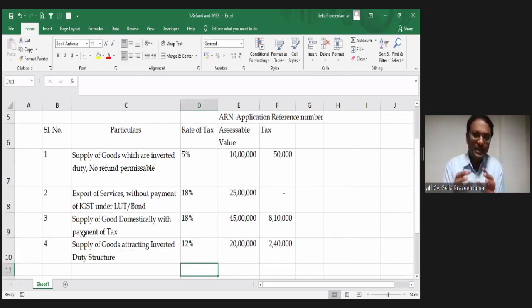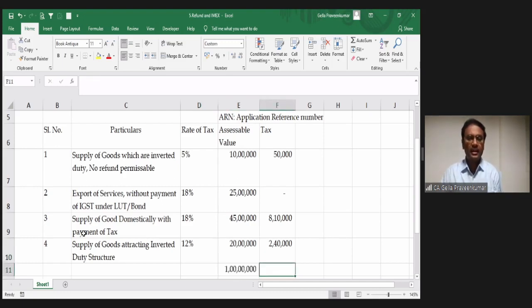Now examination, a 4 marks problem can be expected: compute the inverted duty structure, compute the refund eligible under this category called inverted duty structure. Now, I have examined something called exports that happened during a relevant period. I repeat, I have examined the transactions of outward supply which are identified as taxable domestically, taxable exports, and taxable under inverted duty structure. So what I have done, I have calculated that during a particular month, during a particular period,